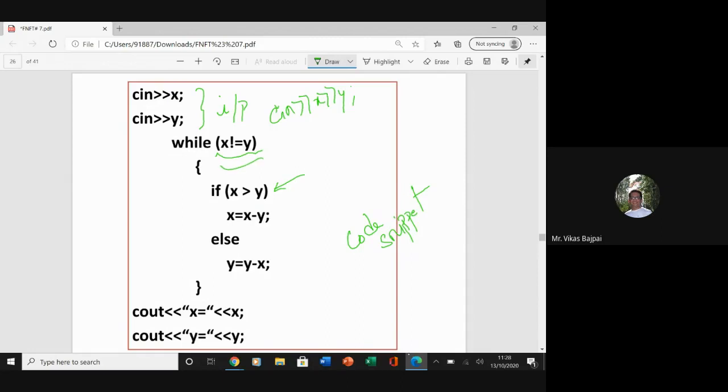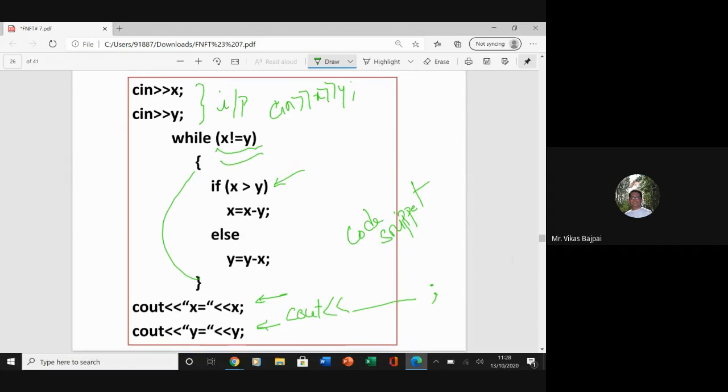If this holds true, get inside this, go ahead with this, and then go ahead with this particular output. Here also I could have reduced it, so that remains still the same. In a single line I could have added. That particular point is understood.